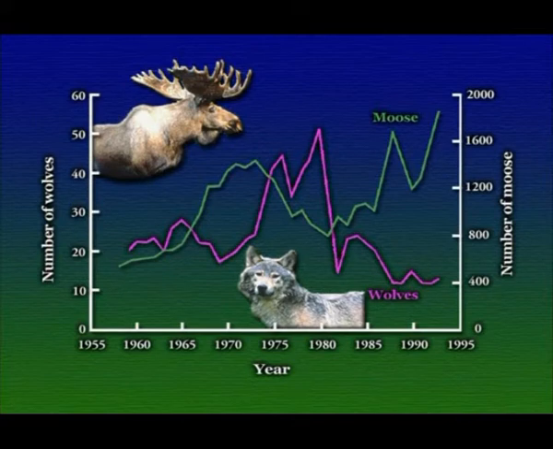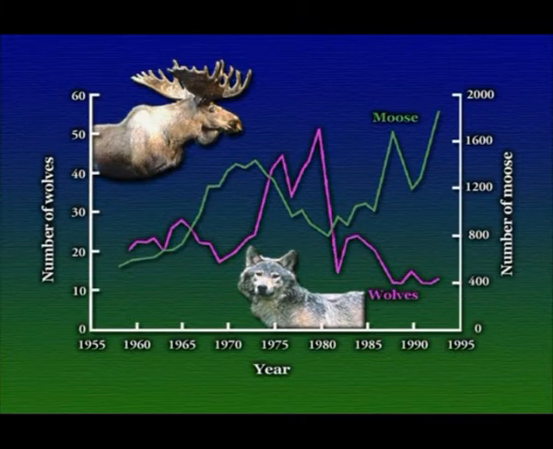This decrease was presumably due to the fact that the increased numbers of wolves meant that more moose were being eaten. In fact, probably it was mostly moose babies that were being eaten by these wolves. This resulting decrease in the moose population was then followed by a corresponding decrease in the wolf population. Again, presumably because there were no longer sufficient numbers of moose to sustain as high a population level of the wolves. And so the wolf population followed a downward trajectory, following in a lagging fashion the downward trajectory of the moose population. Well, what do you imagine happened next?